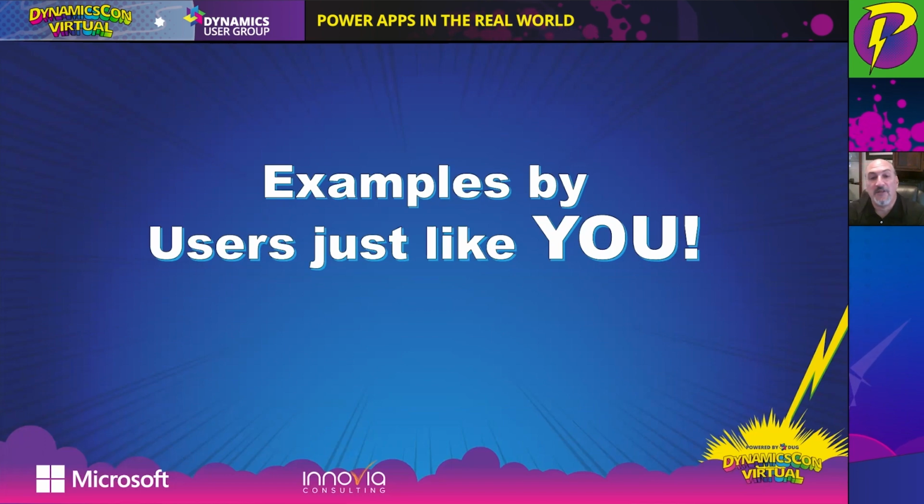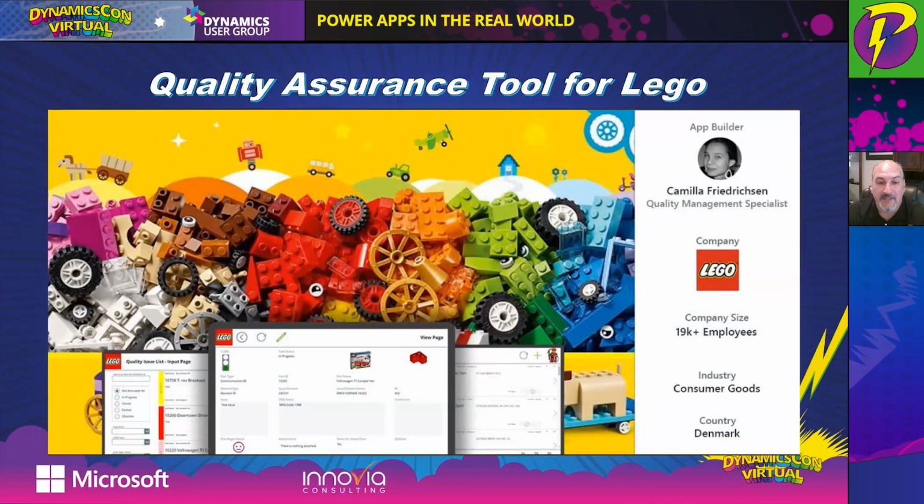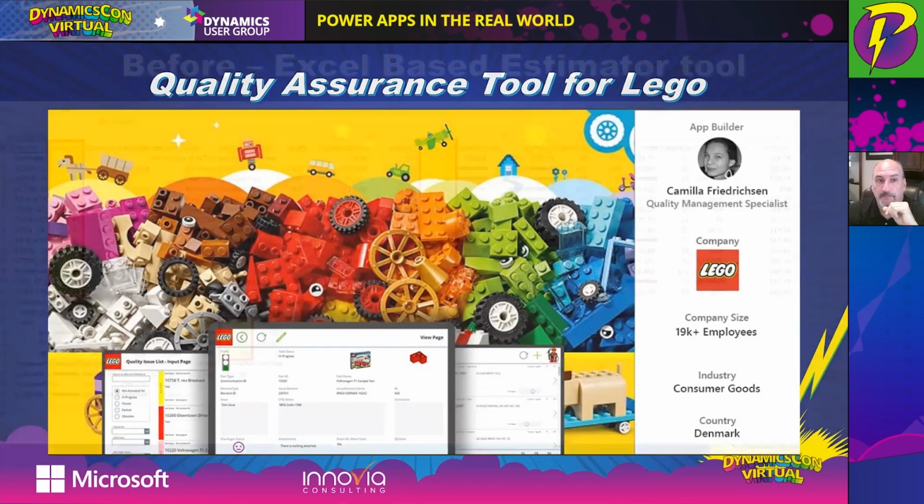Let me show you some examples of what users just like you have already built. So one is the Lego company, and they use a tablet app that you can see at the bottom for quality assurance. And this app is following along in the line in the warehouse where the process of filling out 5 pages is now an app for the person who can then look at the Lego, is guided on the screen of what to look for, the edges, the roundness, the sharpness, all of that, and can quality control a batch. And they can use their sentiment to say it's positive or negative and reject the batch, which then gets sent to the engineers who have to go out and refix the tool line, all through quality assurance.